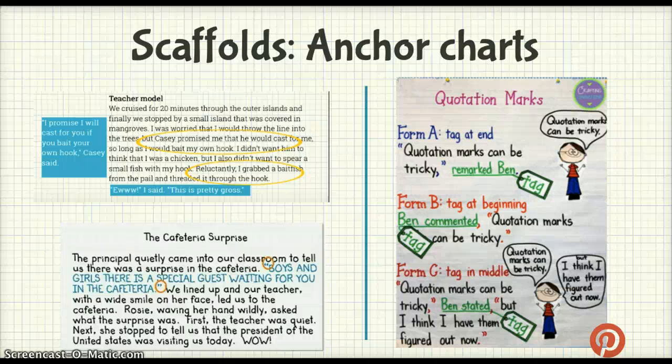So in order to make sure that all of our students are successful in identifying and adding in dialogue, there are a couple of scaffolds that we can use to make sure that all students are able to do this. And so one scaffold that I really like is to have anchor charts up around the room. And the first anchor chart I would really post is my example of dialogue that I added into an existing